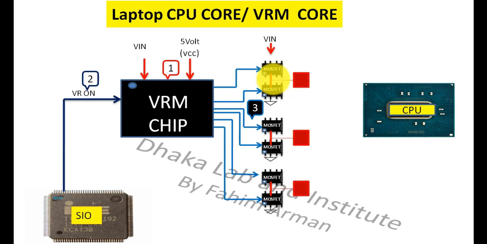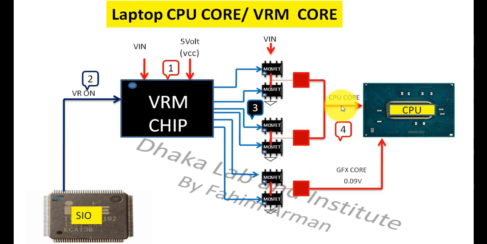CPU core voltage. First there is the first phase and this is the second phase. These two phases are CPU core voltage, and this phase is actually for graphics core, and this is the graphics core coil, and you will find the CPU core voltage, and there you will find graphics core voltage, and this CPU core voltage will enter into the CPU,